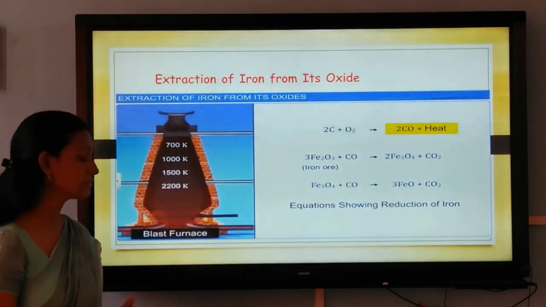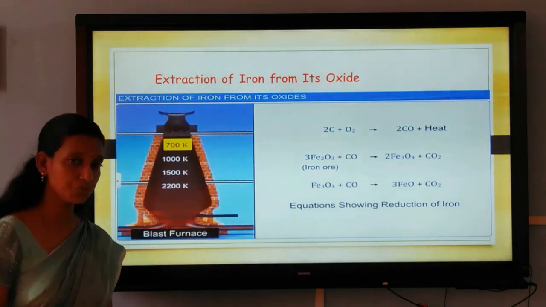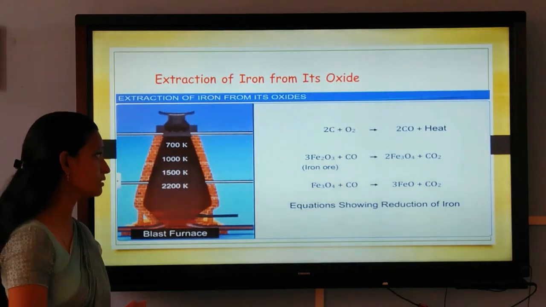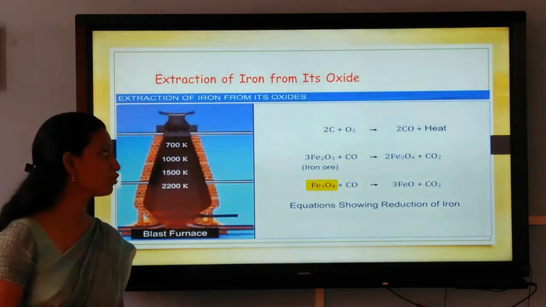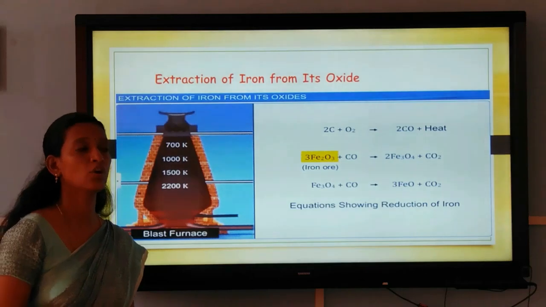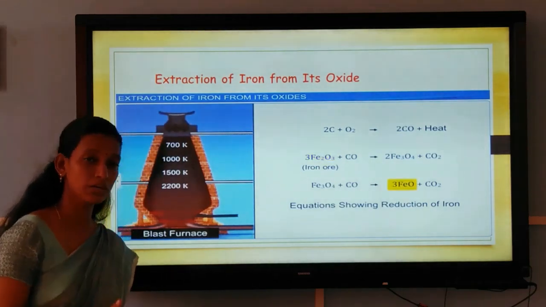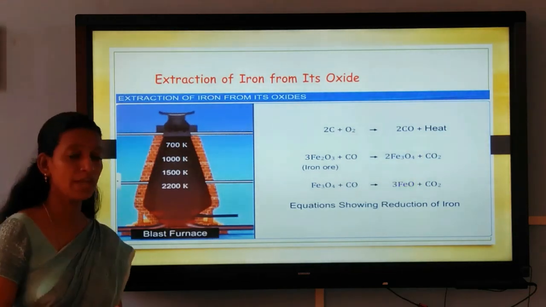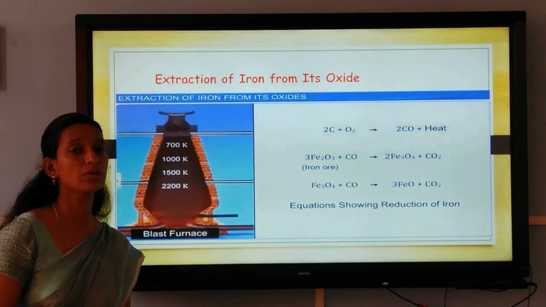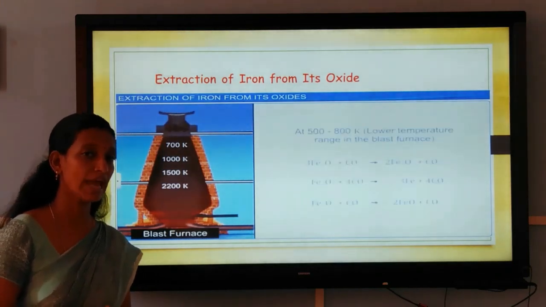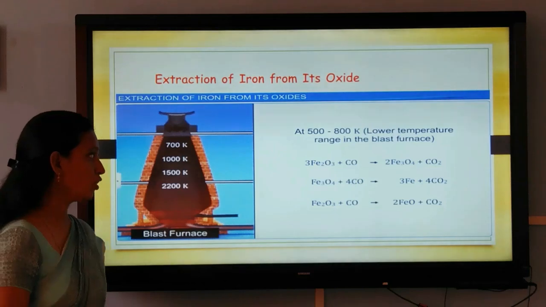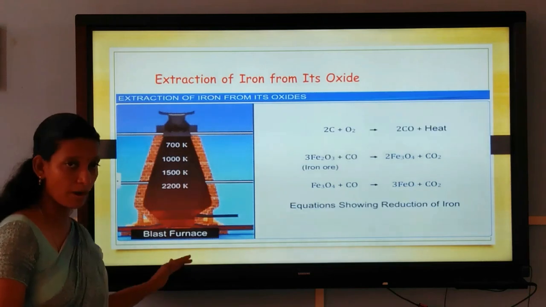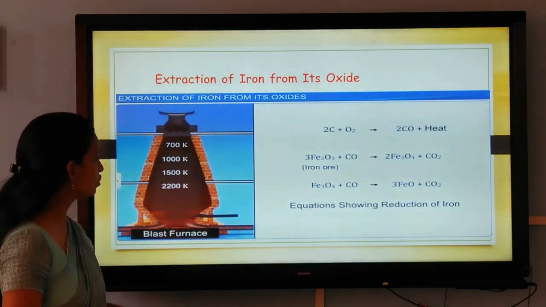Hence, here in the blast furnace at a higher temperature, that is towards the bottom of the blast furnace, you can see that the reaction taking place is carbon reacting with oxygen to give carbon dioxide. Along with that, the carbon dioxide further reacts with carbon so that you get carbon monoxide. A third reaction happening is FeO reacting with coke or carbon to give Fe and carbon monoxide. So, the reduction of FeO using coke happens towards the lower part of the blast furnace, whereas towards the higher